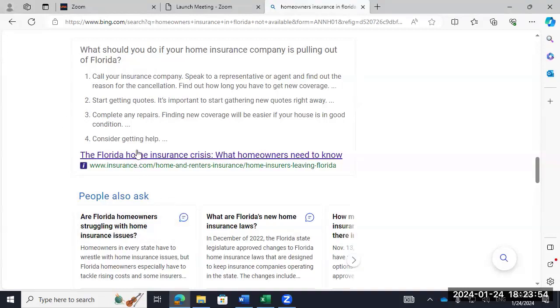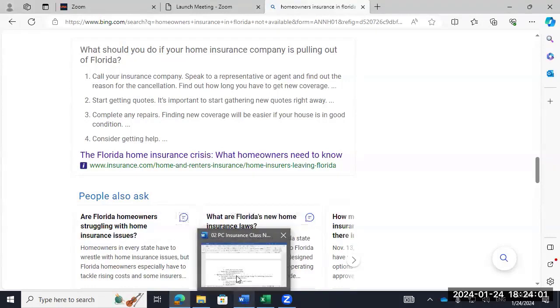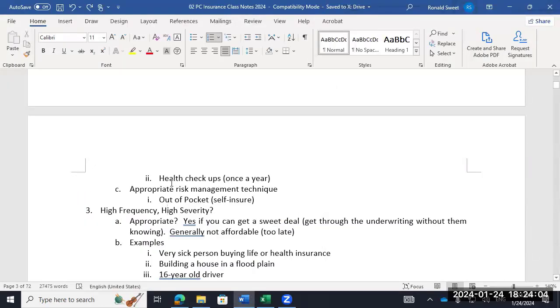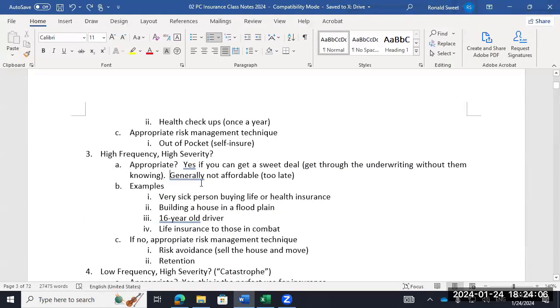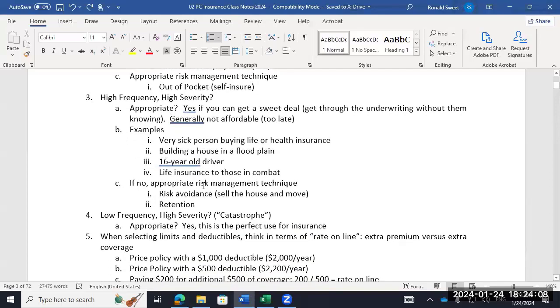So an article like this might fit in as your extra analysis for paper one, because you probably could make a connection with what Warren Buffett is saying. It's just not going to be affordable. People in California are discovering this with earthquake insurance, not so much in the premium, but with the deductible. They're having deductibles that might be $25,000, $30,000. So you say, well, I got insurance, but if my house gets destroyed, I have to pay the first $30,000 out of my pocket. That doesn't sound good, but that's because the insurance companies say we can't afford this. These are huge risks.